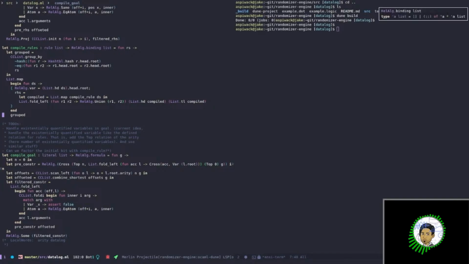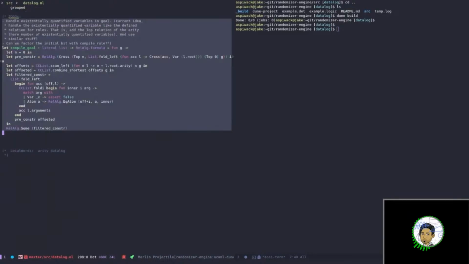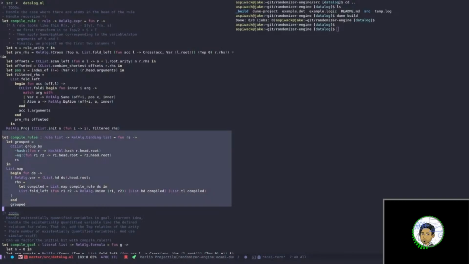So currently we have grouped of type Relalg.binding list. That's all very good. Okay, so the main thing that we did last time was this function. That's the goal. We don't really care about this actually. It's mostly this one that we care about. It takes a bunch of rules, so basically a program. I haven't put everything together, but it's all fine. We have a bunch of rules